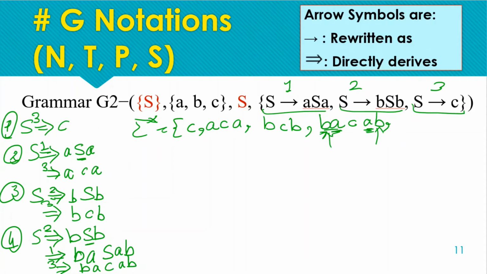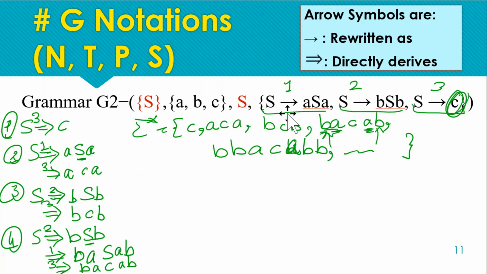For these palindromes we have the terminating symbol C. We could also have other symbols for the termination, but here we have C as the terminating symbol for the palindrome. If we look for more strings, then we can have A B B A C, and so on. Any palindrome can be derived from this grammar, with C as the middle symbol or the terminating symbol.